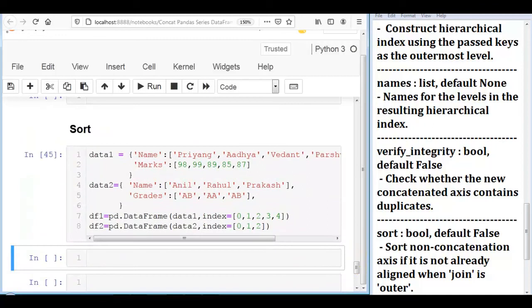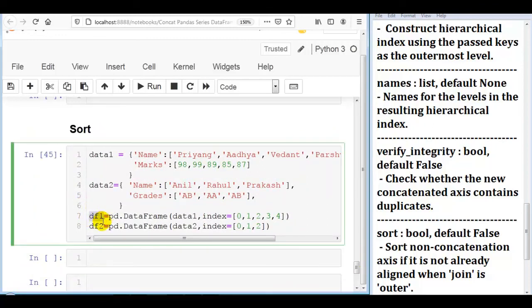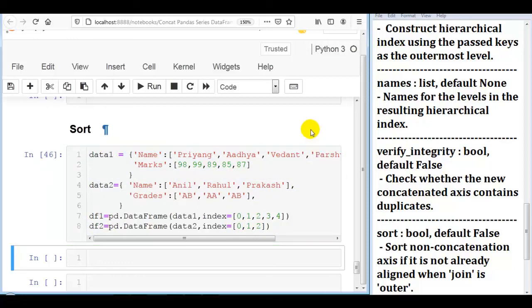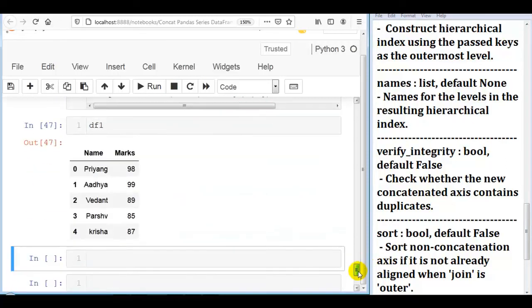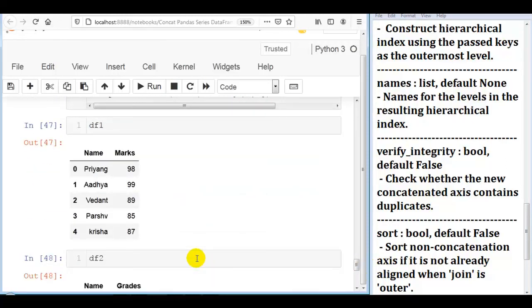To explain this sort parameter, here I have created two data frames with names df1 and df2, with indices 0, 1, 2, 3 and 4 for df1 and 0, 1 and 2 for df2 using a Python dictionary. So let me execute this cell. As you can see over here, our data frame 1 and data frame 2.